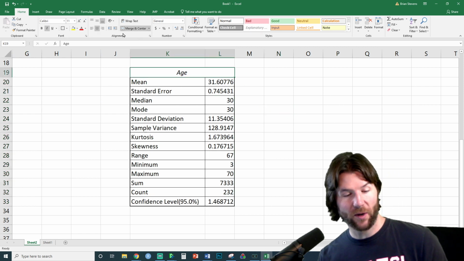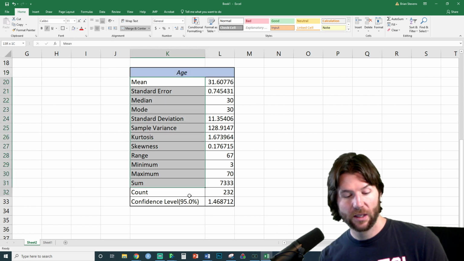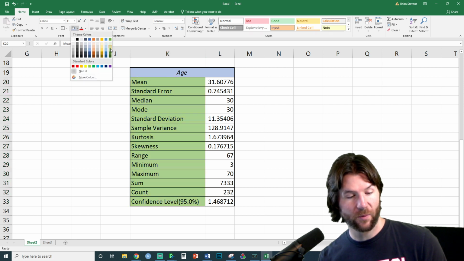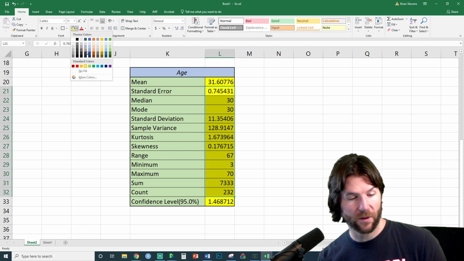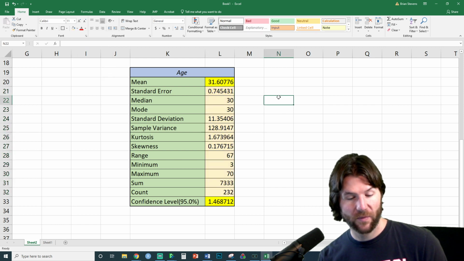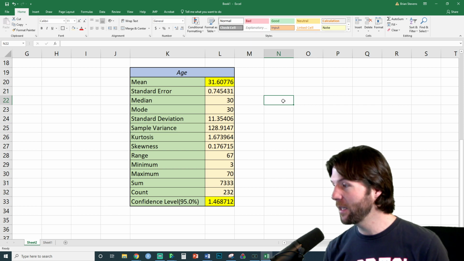This is the variable we're analyzing, so I'm going to change the color of this, make it like that. Here are my variables here. We're going to put in another color. You can pick any colors you want. And then here are the variables I really want someone to see. These are the ones I'm going to call your attention to. We'll use this color right here. Cool. Pretty obvious which variables I'm calling out: I've got the mean and I've got the margin